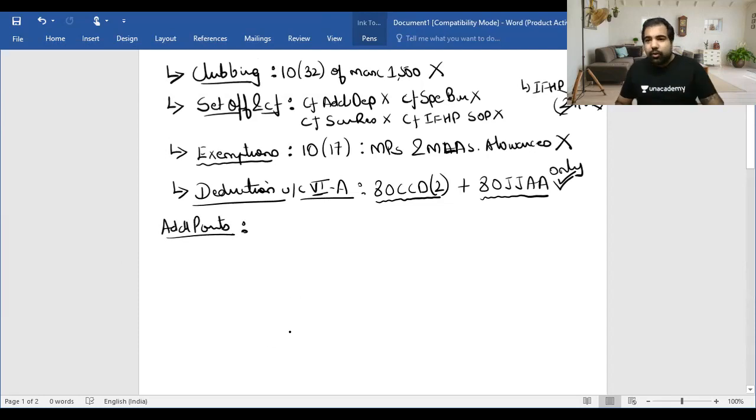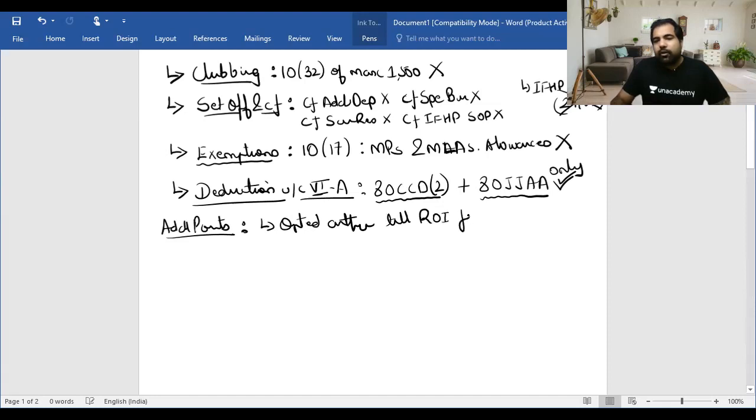So during the year, even if you don't opt, no one wants to know whether you want this option or not. Don't worry. But after the year ends and your return filing date comes for individuals, if they are not subject to audit, then 31st July. If they're subject to audit, then 31st October. Same for HUFs, 31st July, 31st October. Then on those dates, just before you file the return, it can be opted anytime. Yes, it can be opted anytime till return of income filing. So after you file your return, you cannot, of course, for that year. So till return filing, that means you don't have to opt at the start of the year.